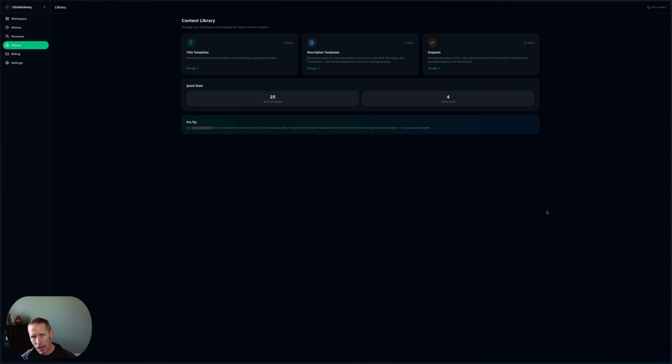However, I believe one of the most powerful aspects of this, in terms of process and saving yourself time, is building out some useful snippets that you can use via the library here. These snippets allow you to reuse content in your descriptions when the AI generates that information, so that you don't have to continually replace links or create a stack of promotion links or sponsor links that you might use regularly, right? So